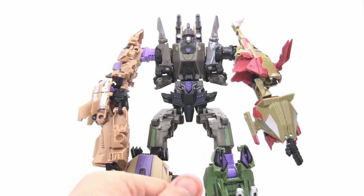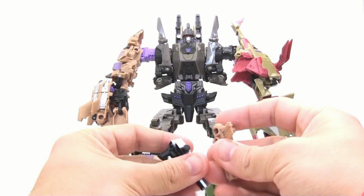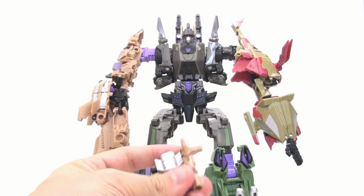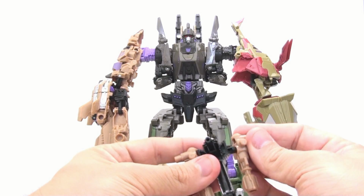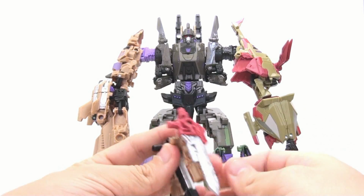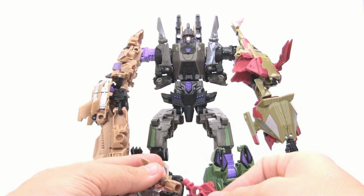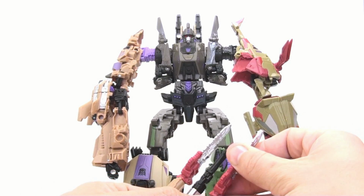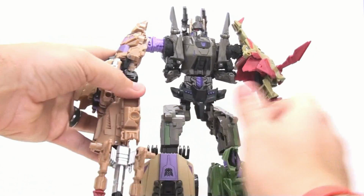Now, one other thing that you can do is take this, and it actually makes a bigger gun. Plug that in there, I guess. Plug that there. And then these are supposed to go on the side like so. Well, you can do it like that, or you can actually plug it in here. I'll just do it here because I think that's the way the actual packaging shows it. So there's that, and then he holds it in only his right hand here,